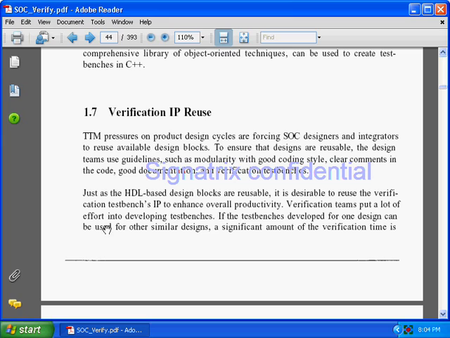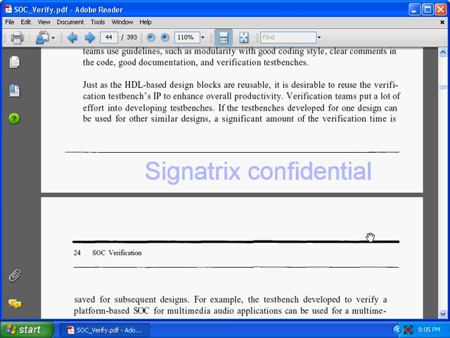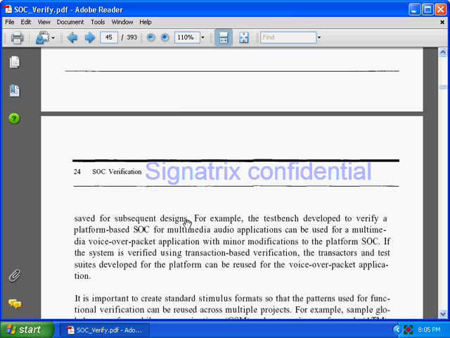So the verification team puts a lot of effort into developing test benches. So if the test benches developed for one design can be used for another similar design, a significant amount of verification time is saved by the subsequent design. So what they are talking about is the design reuse. Okay,